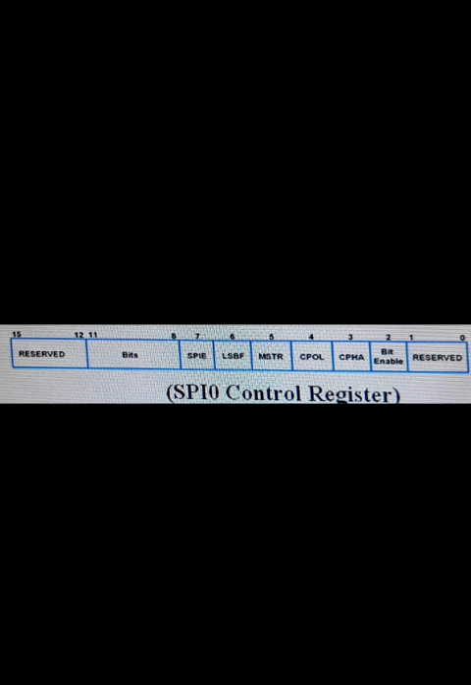Bit number 6 is LSBF, that means LSB first. When this bit is 0, data is transferred MSB first. When it is 1, the data transfers from the LSB first. Bit number 7 is SPIE, that means serial peripheral interrupt